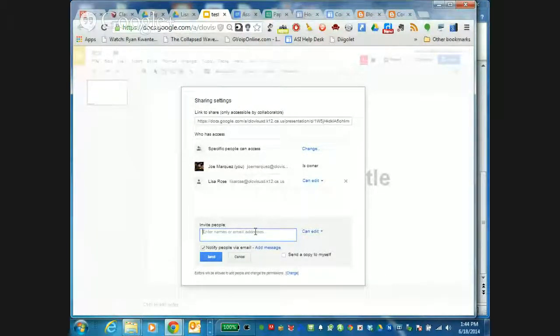Now, the names that they would type in would be the first initial, last name, and the last 3 digits. But once they do it once, it gets saved in their thing. And then they would make sure they can edit, and then they'd put send, and now it would be shared with those students as well. But you always want to make sure, that was a big problem that I found out